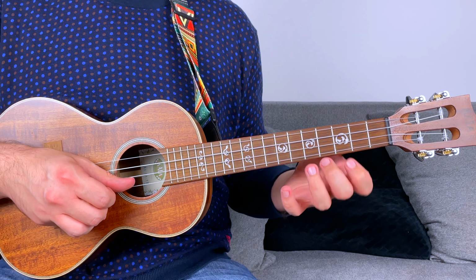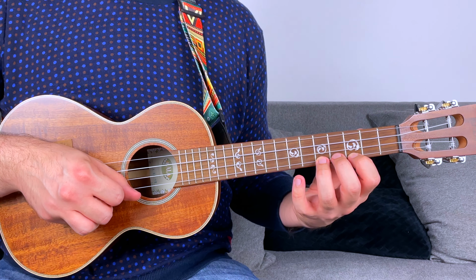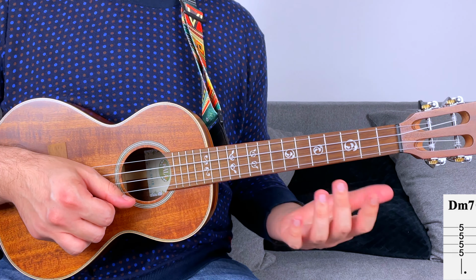Without going too much into music theory, what I mean by chord substitutions is that you can try to use other chords that work very well in that key. Don't forget that you want to keep D as the top note, so you can try chords that work around this note. For example, an easy option could be D minor 7, meaning you're just gonna play fret number 5